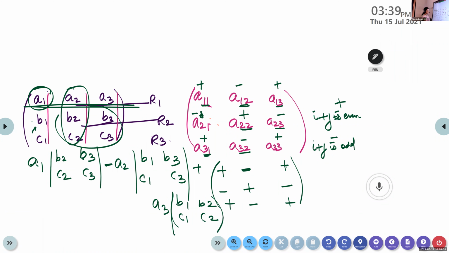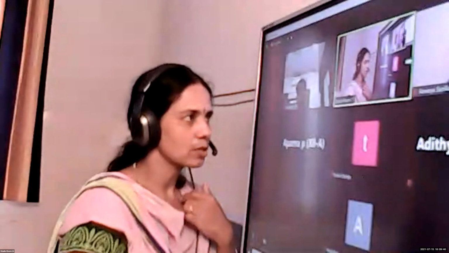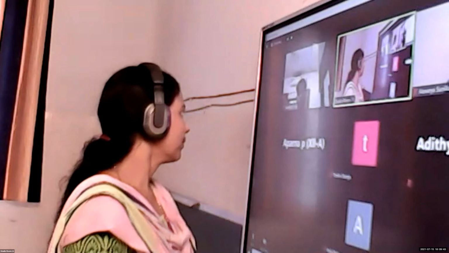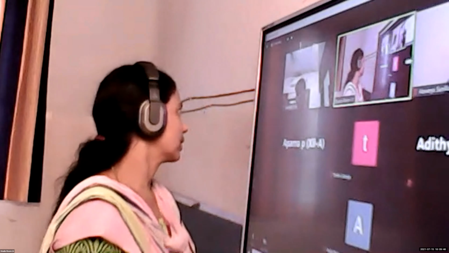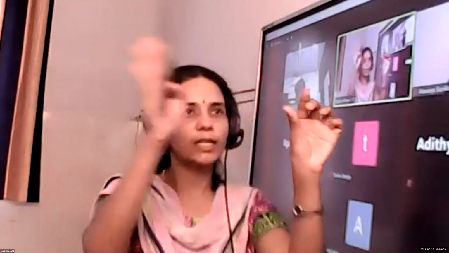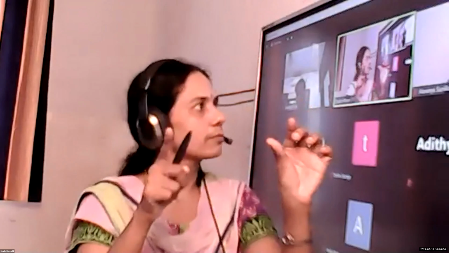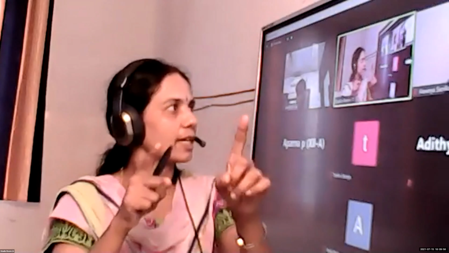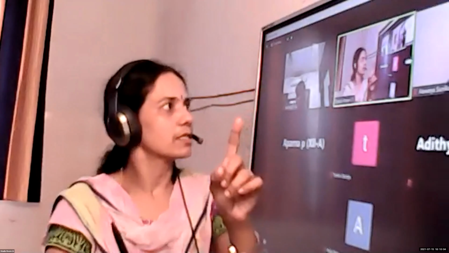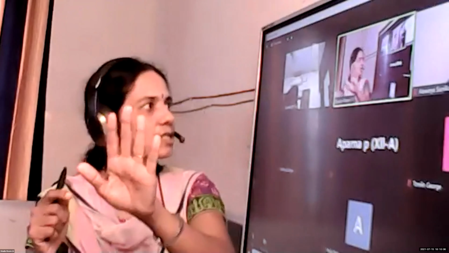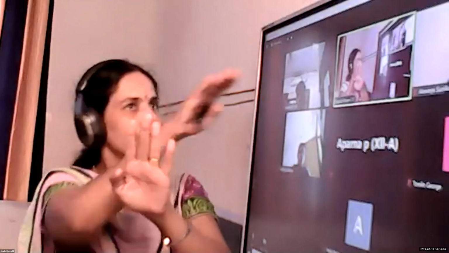Now we know how to expand a 2 by 2 matrix. So the expansion of a 3 by 3 matrix actually depends on the expansion of 2 by 2. We are given a 3 by 3 matrix, and we are splitting it in terms of 2 by 2. That is what we are doing. Along the first row, we take the first element, leave that row and column, and write the next set. Then take the second element, leave the first row and the middle column, and write the other two elements. Plus, take the next element, third row, third column, and leave that one.